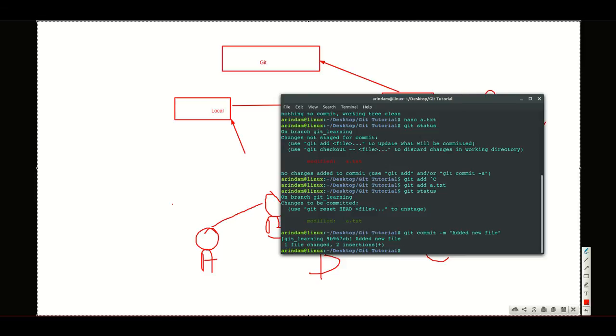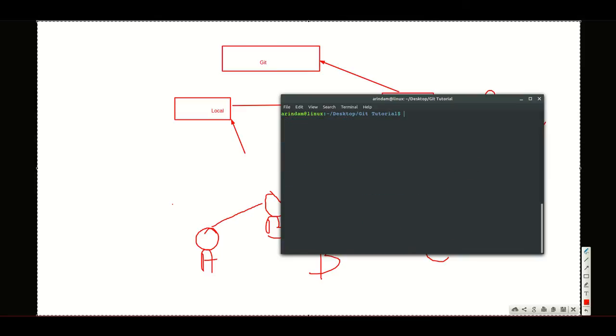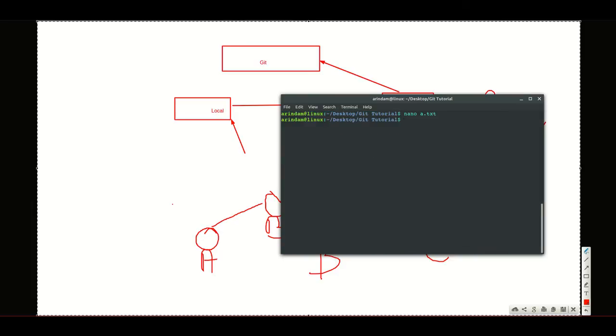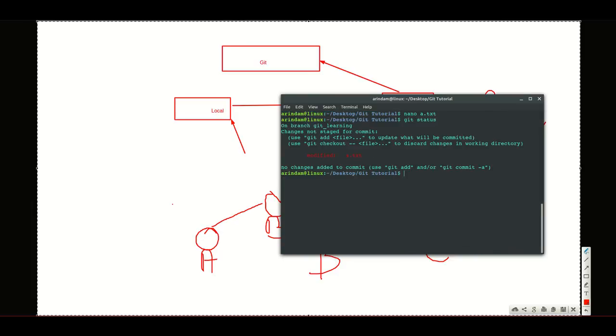Another thing: how to add and commit together in one single command. Check again, I am changing something: nano a.txt, changing. Check git status, changed. Now git commit -am, where -a is for add and m is for commit, then directly you commit, with the message change.